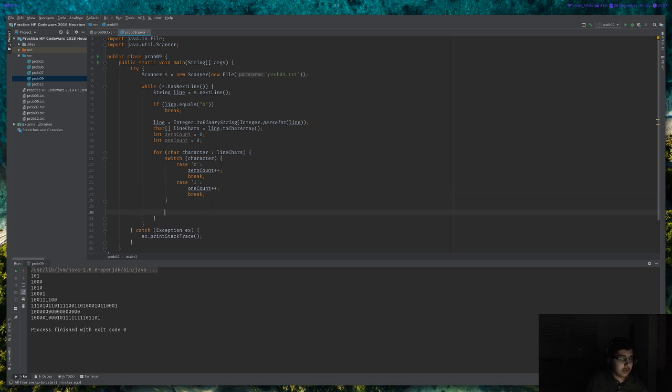Do it using bitwise operations after this. I don't know how to do it using bitwise operations. I mean, personally, this is a much easier method, I think, of doing it. So this should have